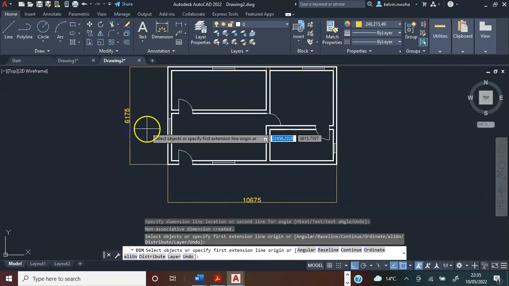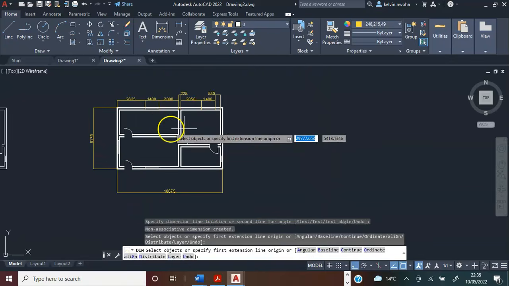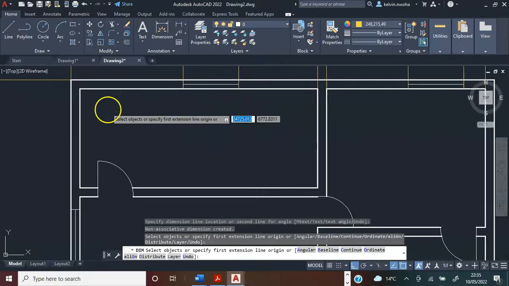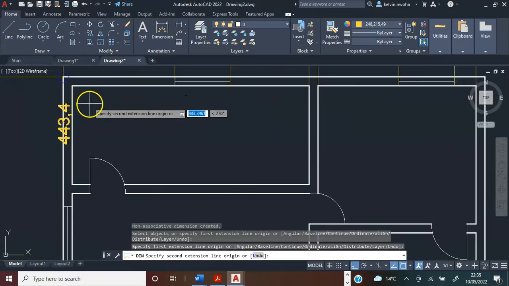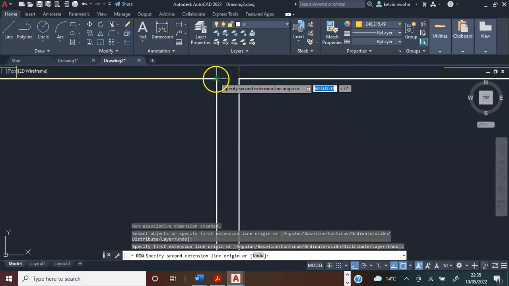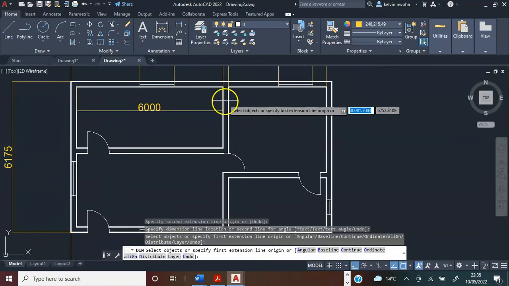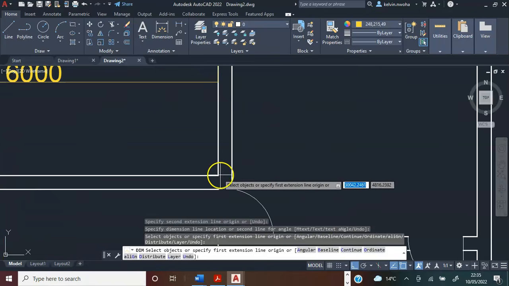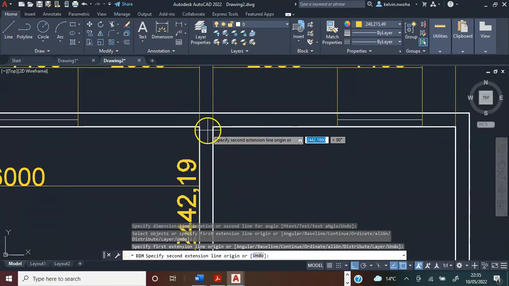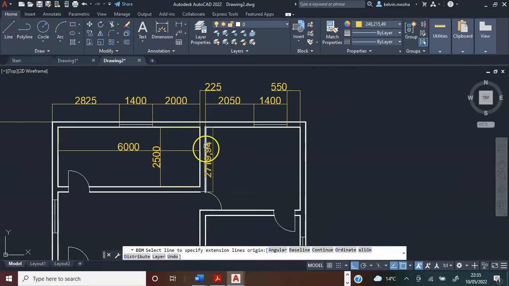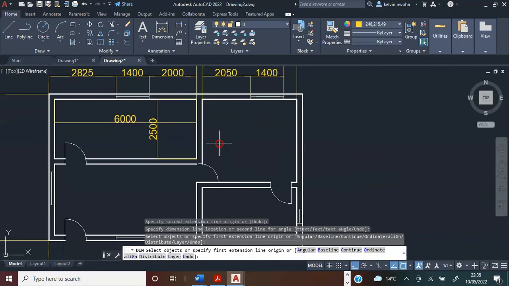This is the total size of the building. I can dimension to know the internal size of the kitchen. I will click here and click the other end. Now it is 6000. And I will click this end and the other end. You see, I have a kitchen size of 6000 by